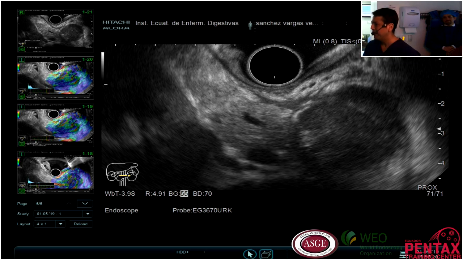The situation here is that if this patient has a 1 year history of abdominal pain, we don't know if it was pancreatic pain. It's not clear. But if it is pancreatic pain, that could answer the question about the irregular main pancreatic duct, and probably it's a chronic pancreatitis that is having an acute crisis. Do you agree? Totally agree.